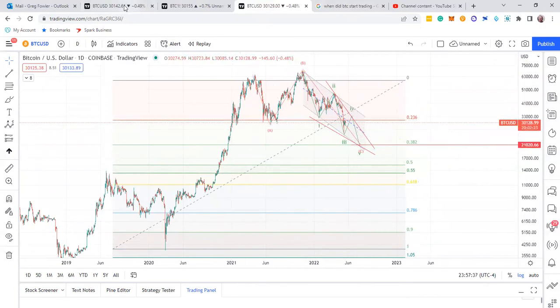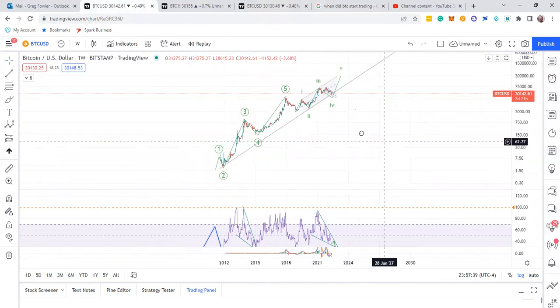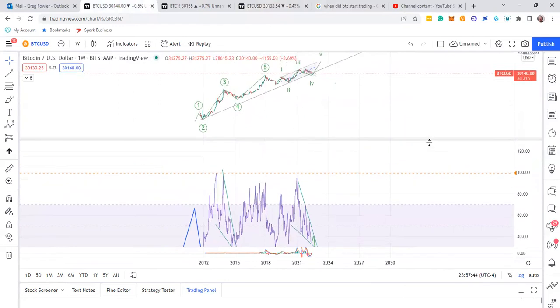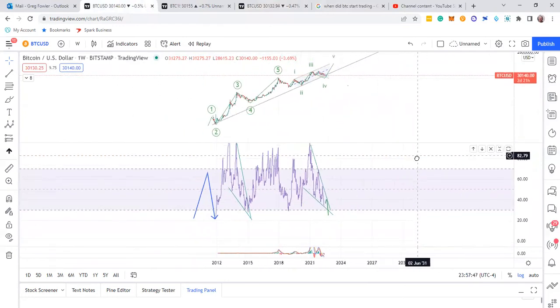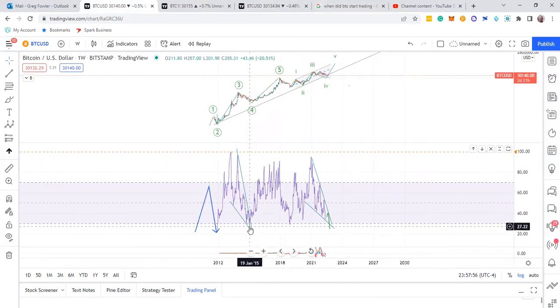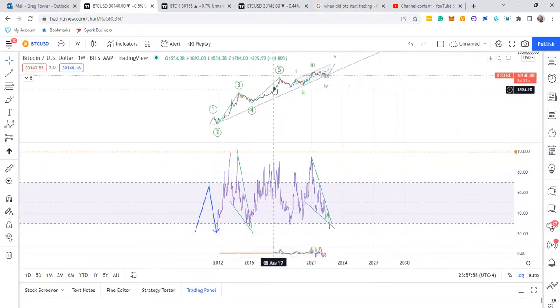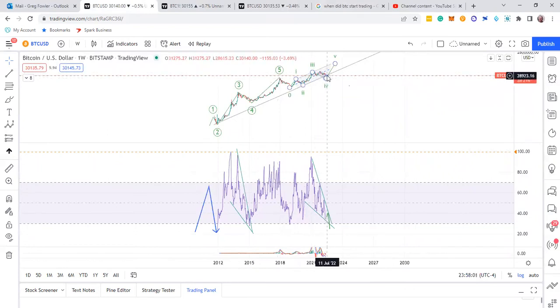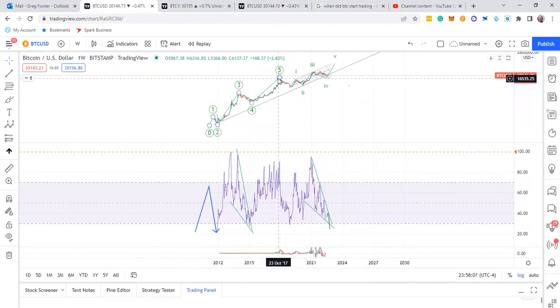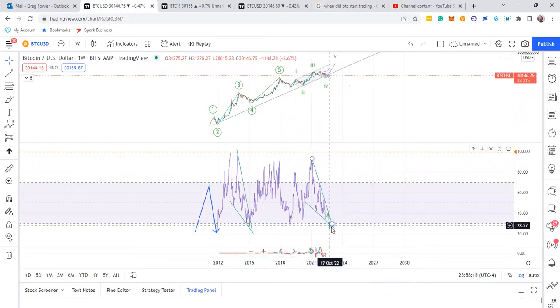And then I want to go back to this chart, let you know that in this RSI down here, guys, let's take a look at this RSI. Here's the RSI. This RSI is right here at 33. It corrected to 27 on that last correction to make that move. Bitcoin is in the same area, came down, fourth wave, and then made that move up, which I think is a fifth wave. And then it's coming down into a fourth wave, which is a long, long correction. And it just brings down that RSI.